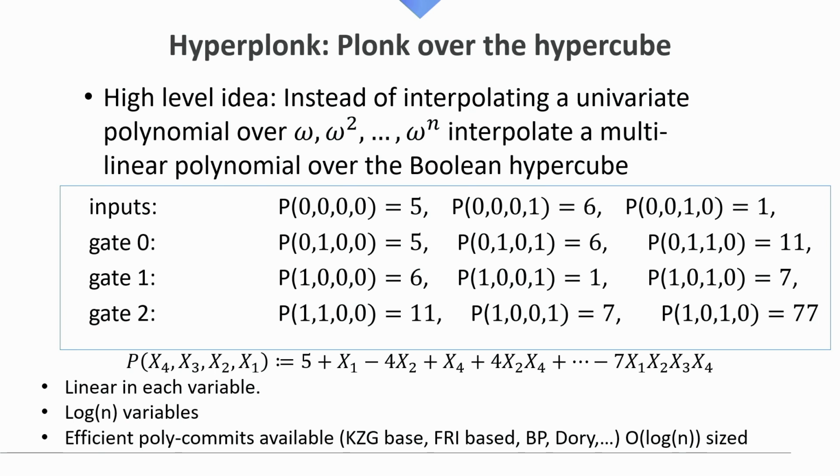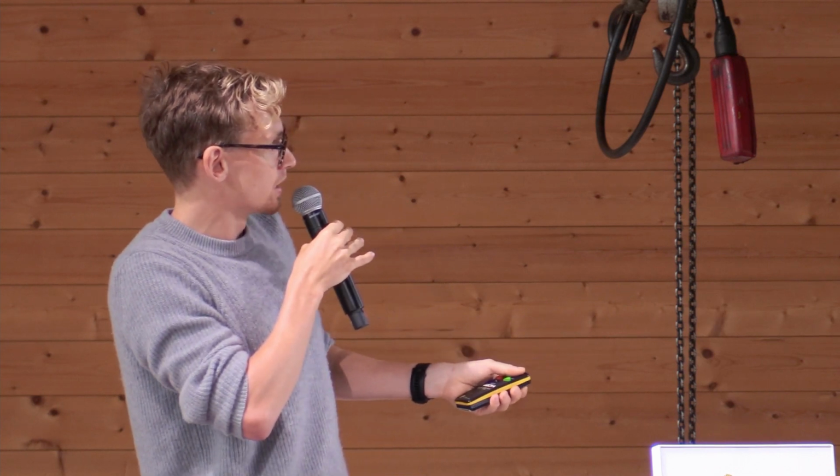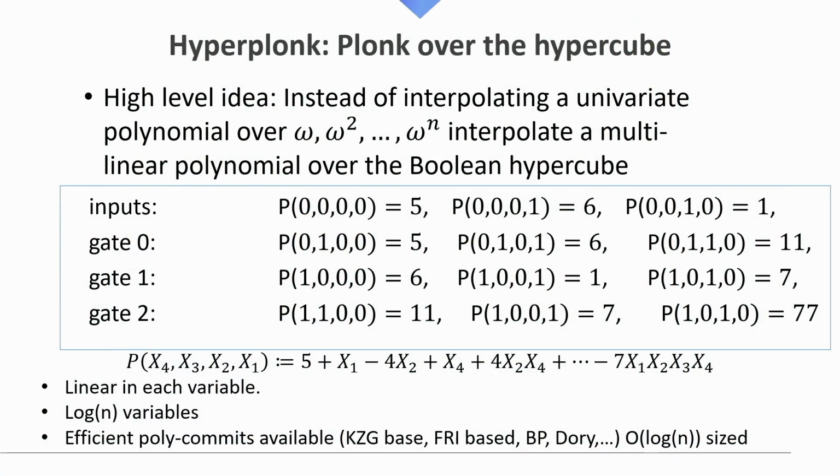It turns out that we can design a polynomial that is linear in every single variable. It has many different terms, 16 terms for example, but there's no x4 squared term here, right? It's linear in every single variable, and this actually makes it very efficient